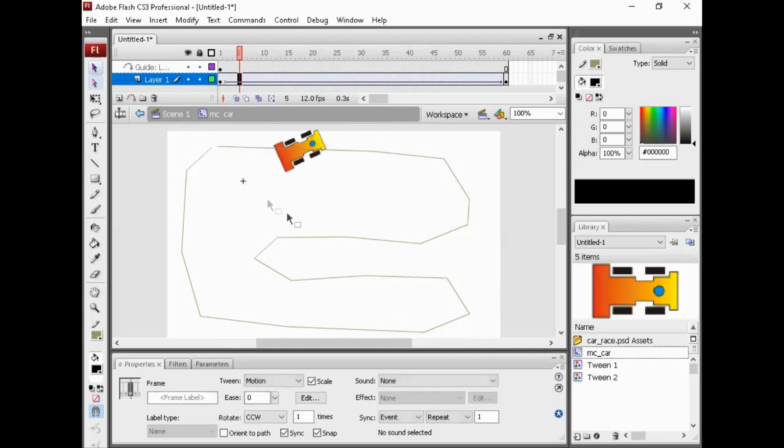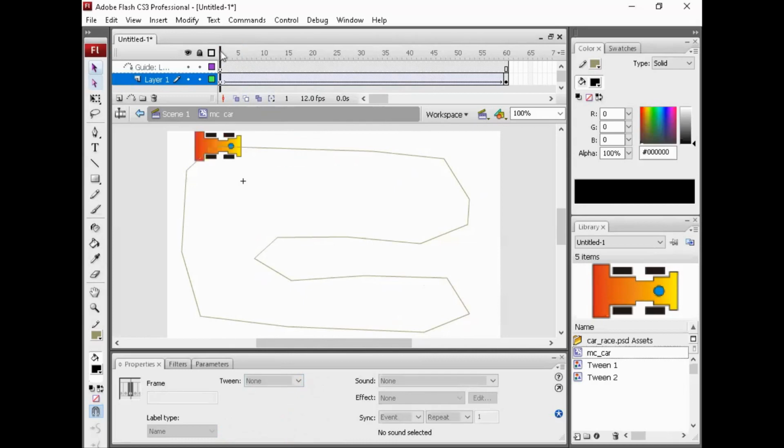Okay, let's try another. I want to rotate none but orient to path. We'll see this orient to path. Okay, it's great moving.